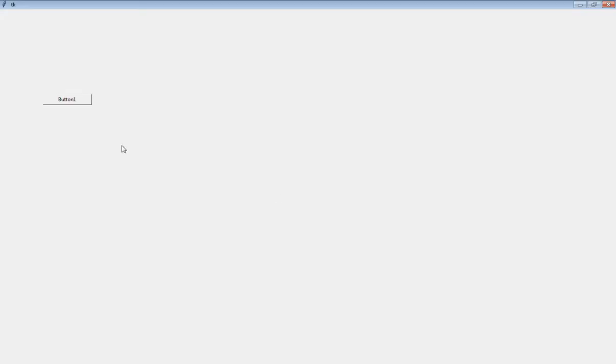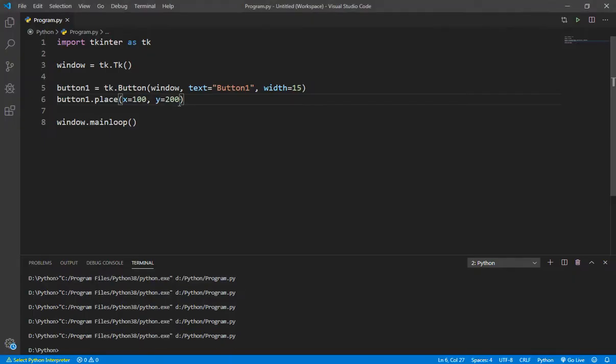Now let's run our program. Here you can see that the button is 100 pixels away from the left and 200 pixels away from the top, because we gave the value of x 100 and the value of y 200. That's why it's here. You can place the button anywhere on the Tkinter window.